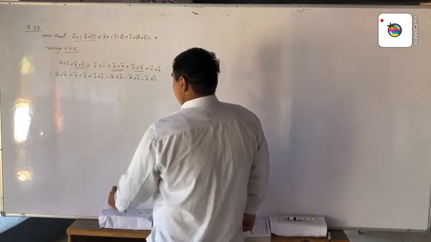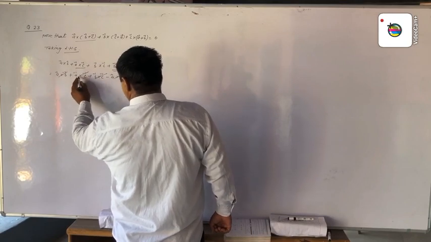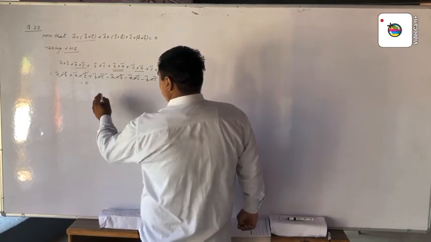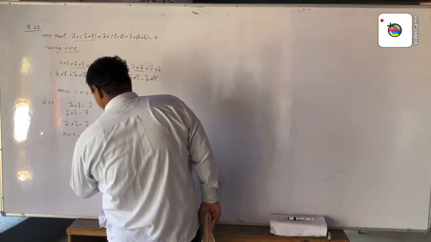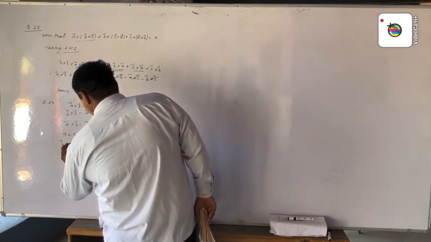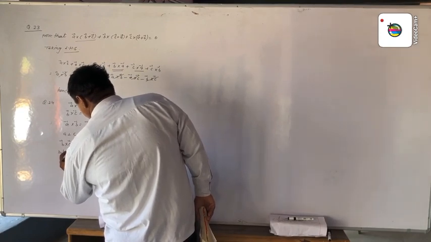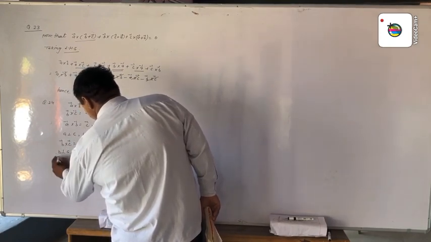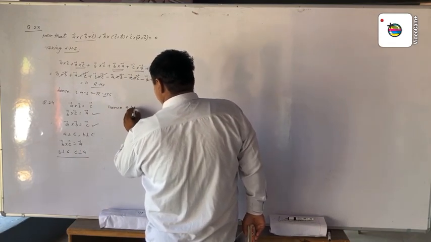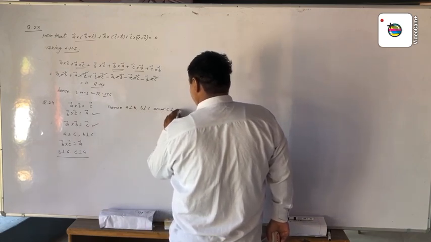Now vector b cross c positive negative, a cross b positive negative, a cross c positive negative cancel, equal to 0. Hence equal to RHS, perpendicular on a, c. And this result shows that vector b cross c is equal to vector a. It is also seen that vector b is perpendicular to a, vector c is perpendicular to a. So hence vector a is perpendicular to b, b is perpendicular to c, and vector c is perpendicular to a.